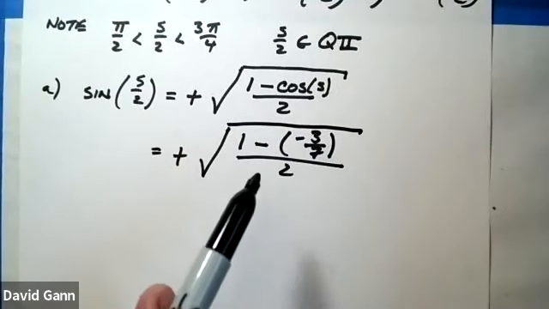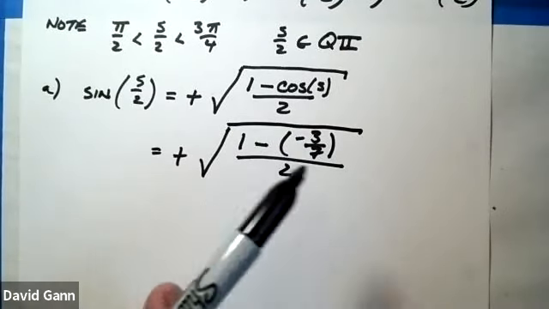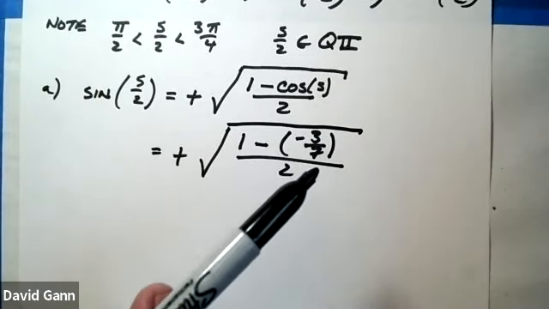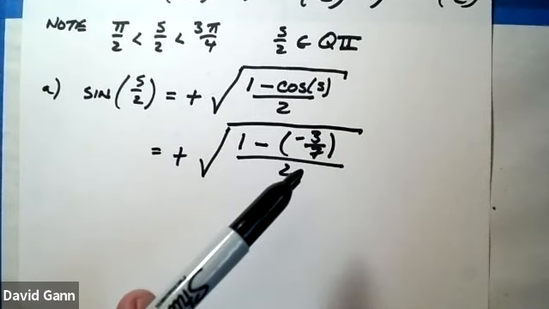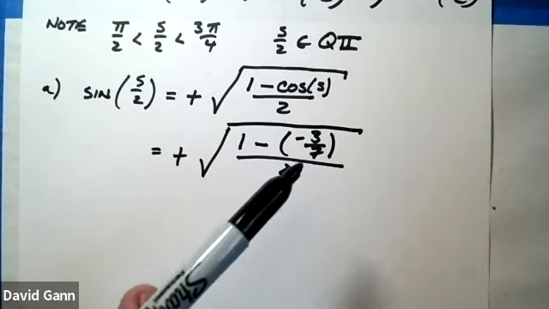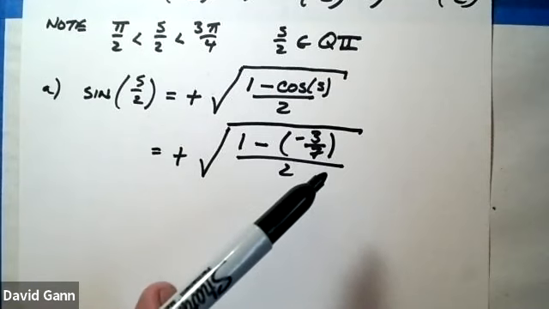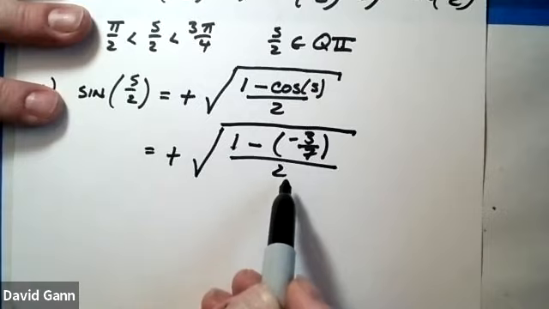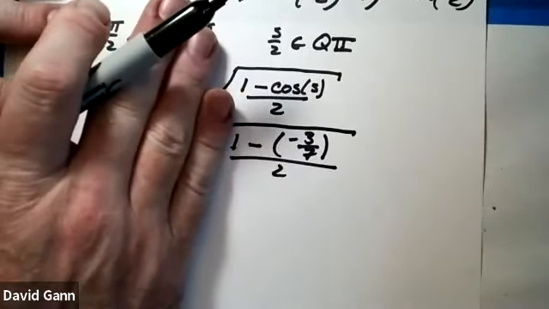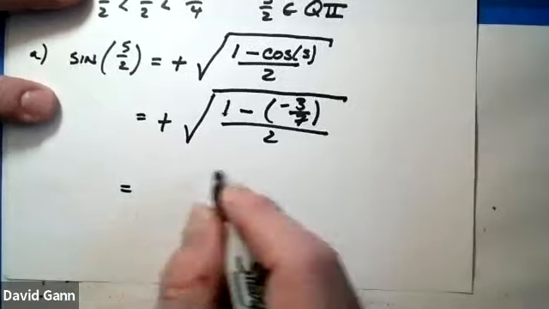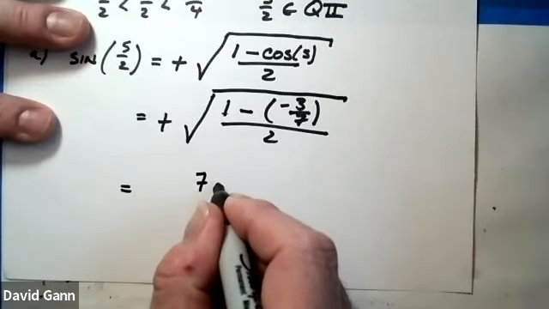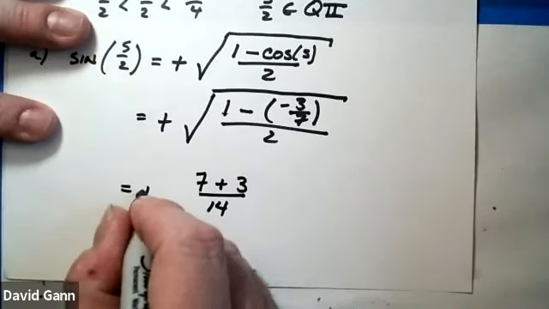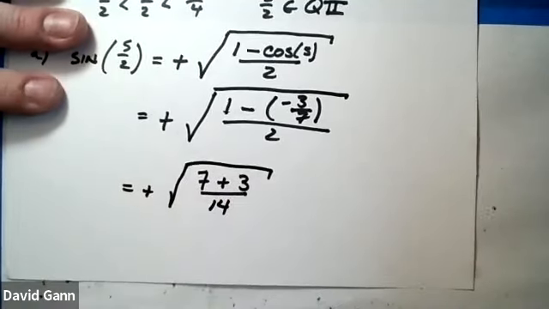Now that's numerically the correct answer, but this has all kinds of simplification issues. So we're going to first deal with the thing on the inside. We're going to get rid of this complex fraction by multiplying everything by 7 over 7, and then we'll clean up the radical stuff. So if I multiply every single term by 7 and ignore the radical for a minute, I end up with 7 plus 3 over 14, and of course that's still under that radical,